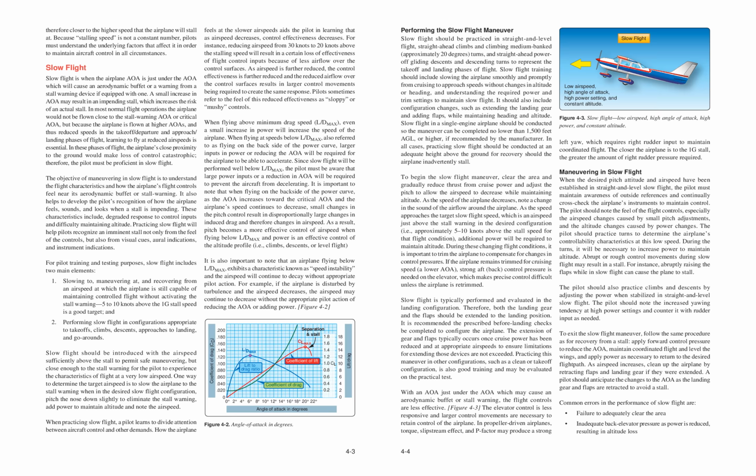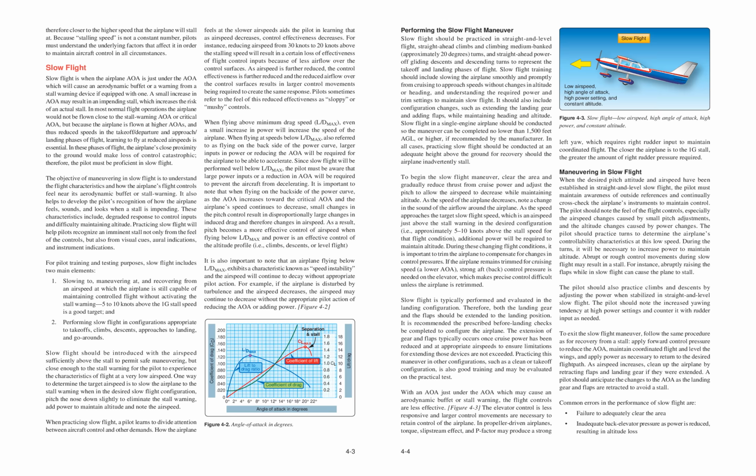To exit the slow flight maneuver, follow the same procedure as for recovery from a stall. Apply forward control pressure to reduce the yaw, maintain coordinated flight and level the wings, and apply power as necessary to return to the desired flight path. As airspeed increases, clean up the airplane by retracting flaps and landing gear if they were extended. A pilot should anticipate the changes to the yaw as the landing gear and flaps are retracted to avoid a stall. Common errors in the performance of slow flight are: